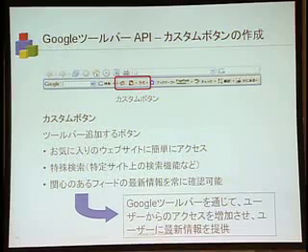Next, I'm going to show the toolbar API. You already have the toolbar API, and you may have noticed the custom button. What does a custom button allow you to do? One is a bookmark row: if you click, you'll jump to that site. If there is nothing in the search box, you'll jump to the site if you have a custom button. And if there is a search box in the site, if you want to search inside the site, or if it's a dictionary site with an English-Japanese, Japanese-English, or Japanese-Japanese search box, the search will be possible through Google Toolbar.